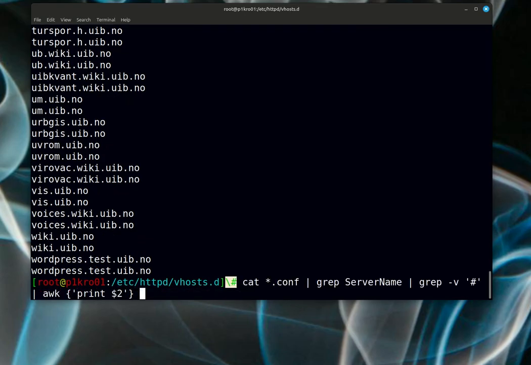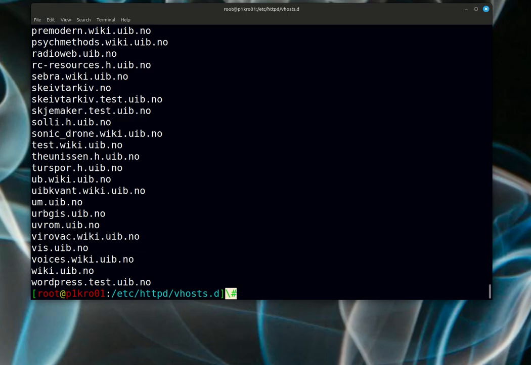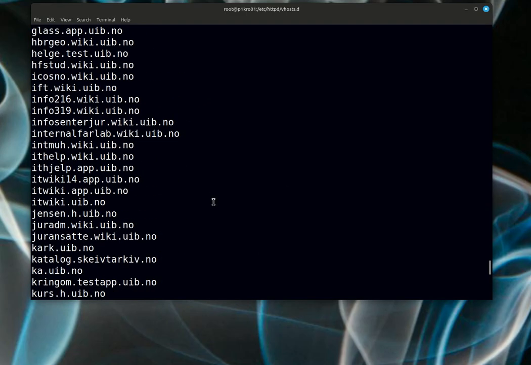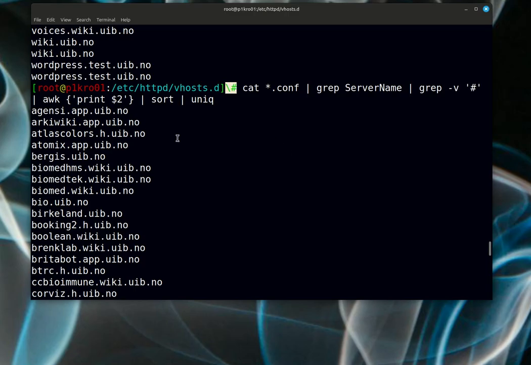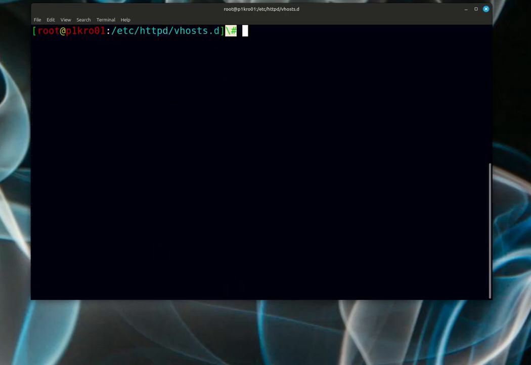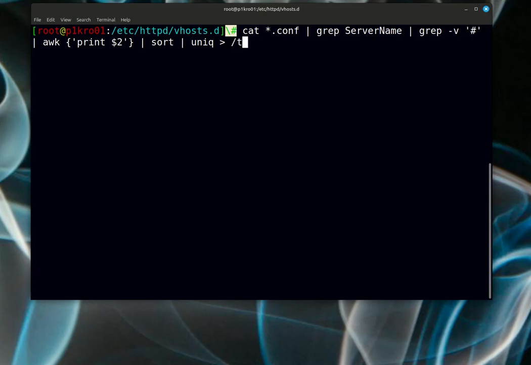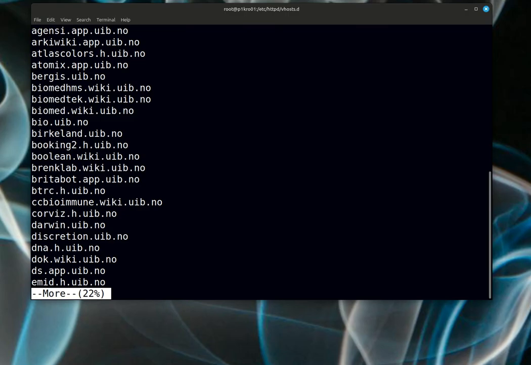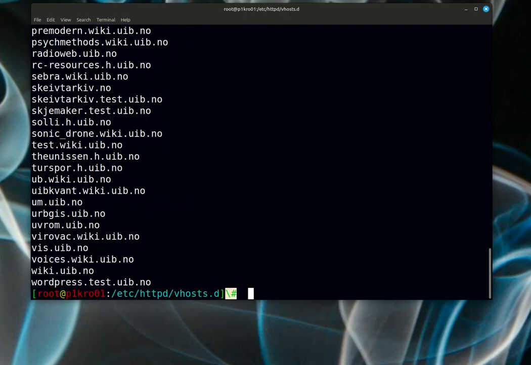Now it's just a matter of getting rid of the duplicates, so we can do a sort first maybe, and then we pipe to uniq. And if you look at this list here, it seems to be pretty neat. And I can then, if I want, do a redirection and print it to, let's say, my server name result.txt. And if I do that, I have a file that I can copy out and send